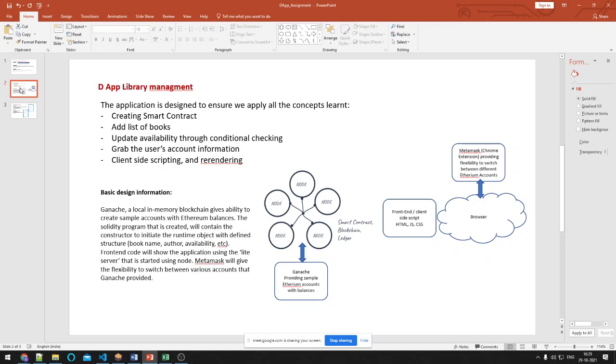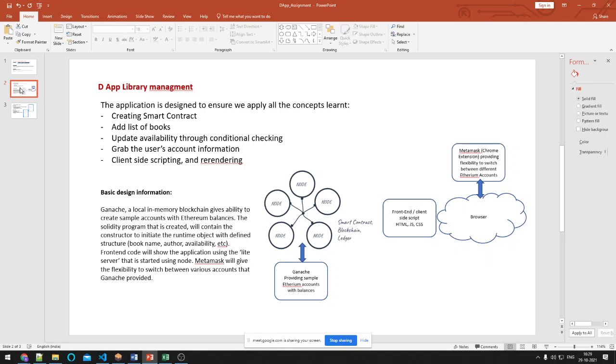Yes, as we have spoken in the first slide, here the Ganache is providing the list of the accounts and their balances. Our code is accessing that through the smart contract, and then it is published to the browser through the server. There is a light server which gets initiated through a node.